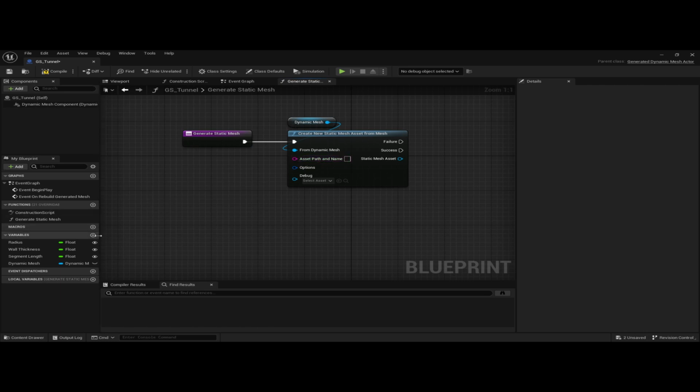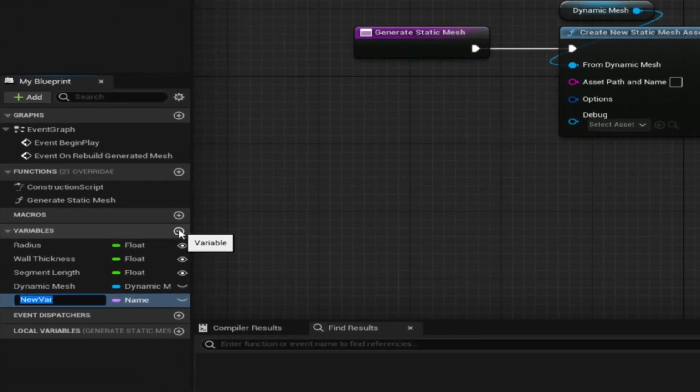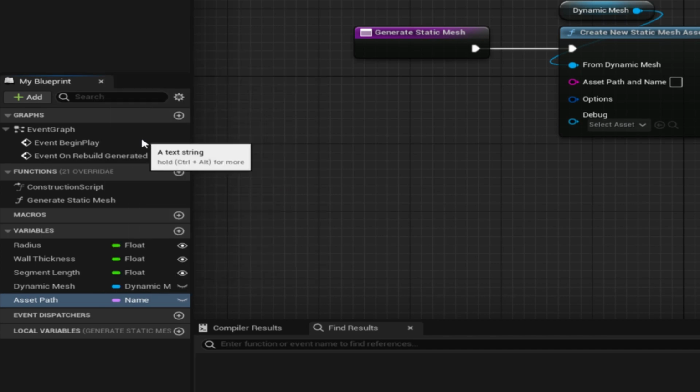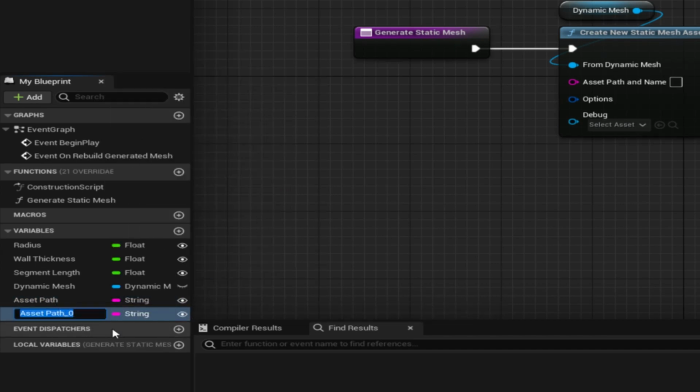So down in your variables, let's add a new asset path, and the type is going to be string. Make sure it's visible so the user can change it, and then Control D to duplicate, and let's call this asset name. Now let's drag these in to our graph,